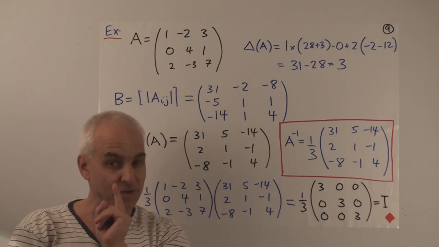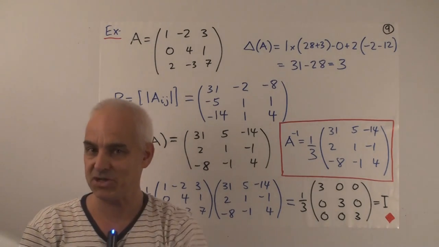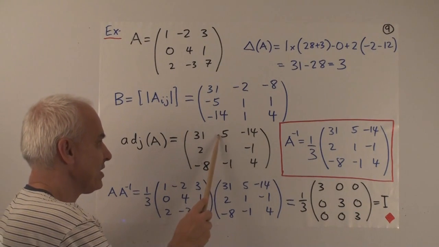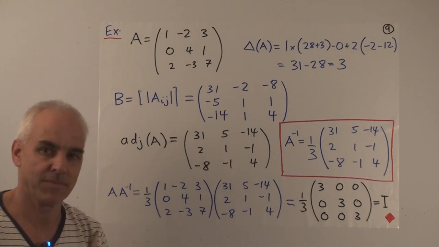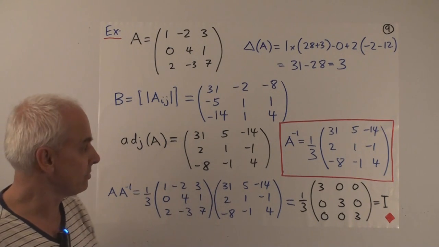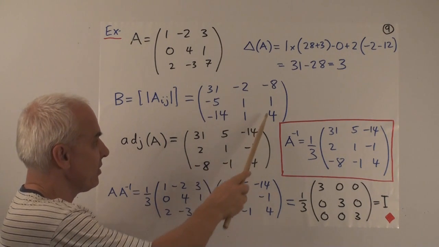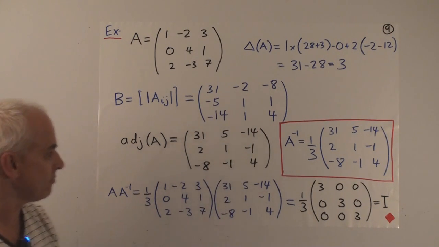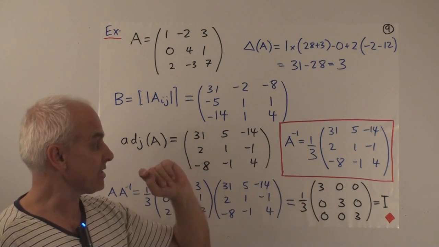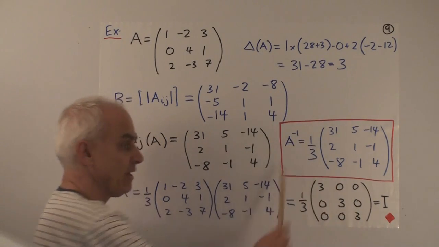But that's not the only thing we have to do. We also have to insert plus signs and minus signs according to the position. So which positions get minus signs? These ones here. The ones where the i and the j sum up to an odd number. So that's why there's a 5 here instead of a minus 5. That's why there's a 2 instead of a minus 2. Instead of having these 1s, we have 2 minus 1s. That's the adjoint. And so the inverse matrix is the adjoint divided by the determinant. The determinant is 3. There is the inverse matrix.